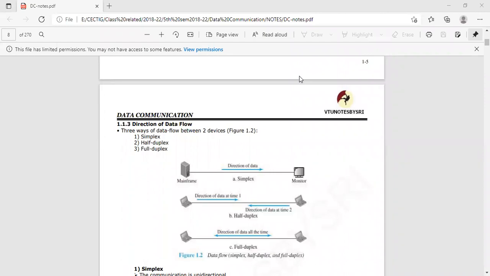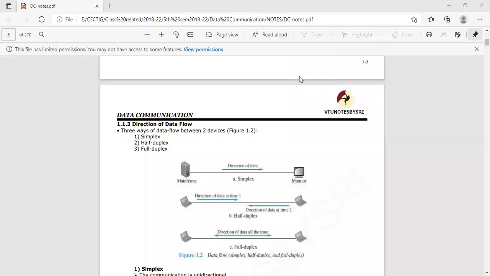There will be no reverse, no vice versa. The output or data will just be coming. Only the sender can send the data, and that's all. The sender will send the data and the receiver will receive it. So this is the process of simplex, where we can communicate only one way. One way communication is the term we use for simplex in the data flow of data communication. Only one way transaction is allowed here.